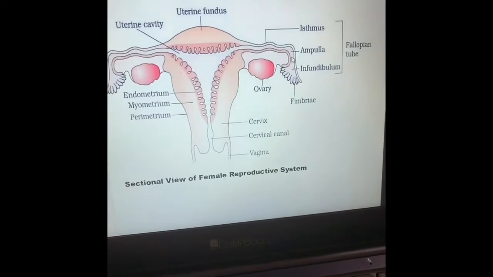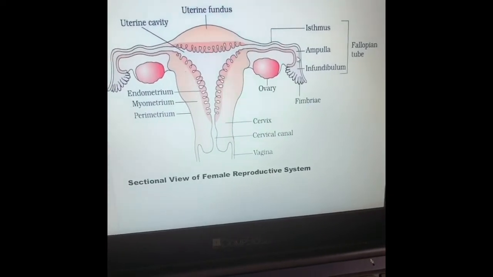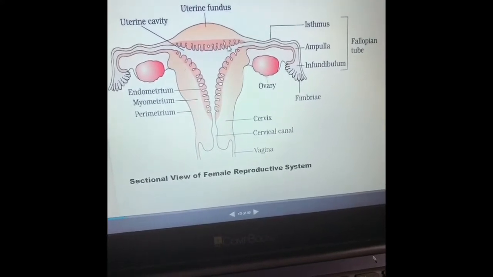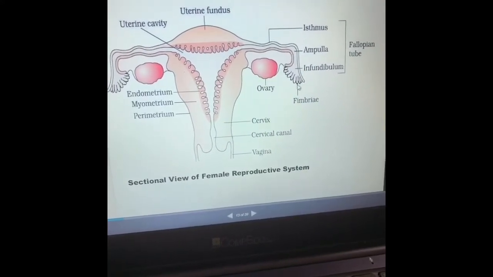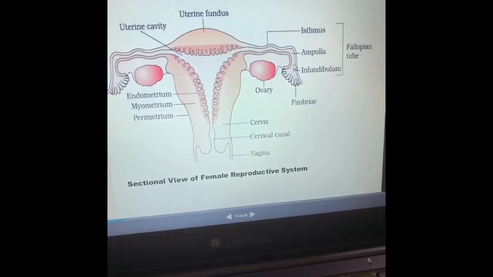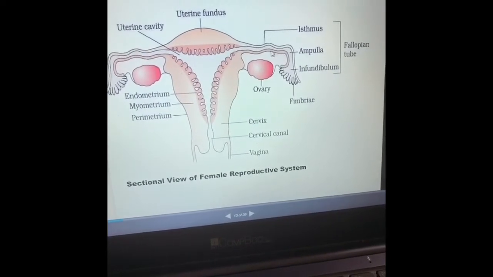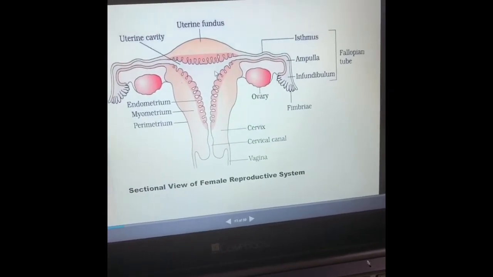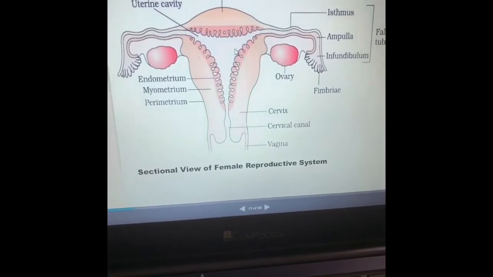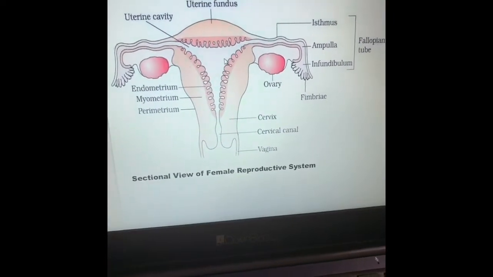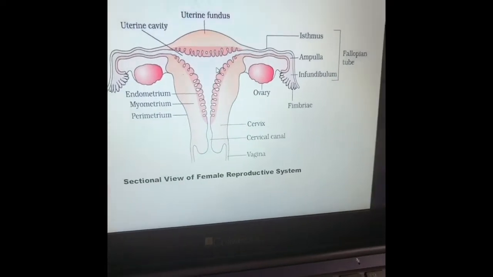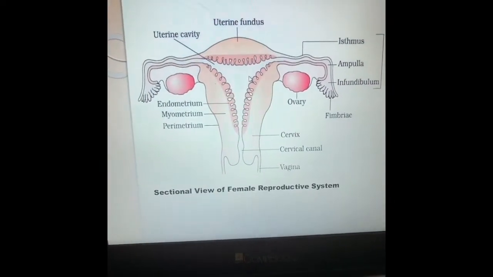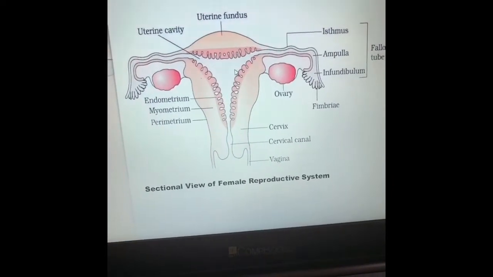Then is the uterine cavity. If you see over here, this is the uterine part. So the follicle, as it is taken up by the fimbriae, travels through the fallopian tube, that is from the ampulla, isthmus into the uterine cavity. So the uterus is a large, piriform, highly elastic median sac specialized for development of the embryo. It has got 3 layers.